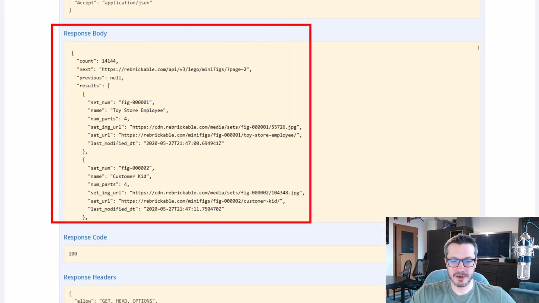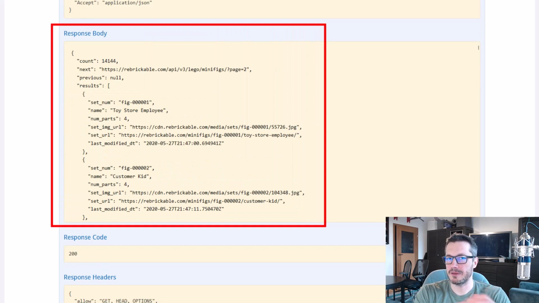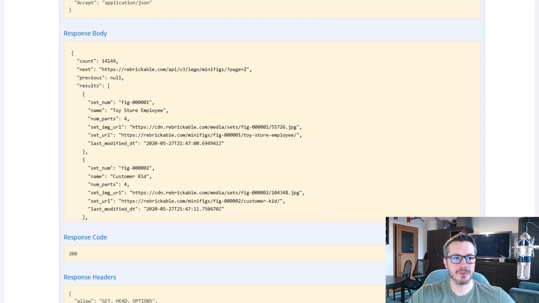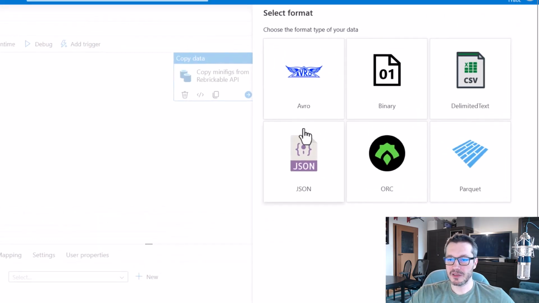And we can see clearly that it is a JSON. We've got some results stored as a JSON, which means that again, we would be storing this data in a data lake as JSON. So in a dataset format, we've got to choose JSON,